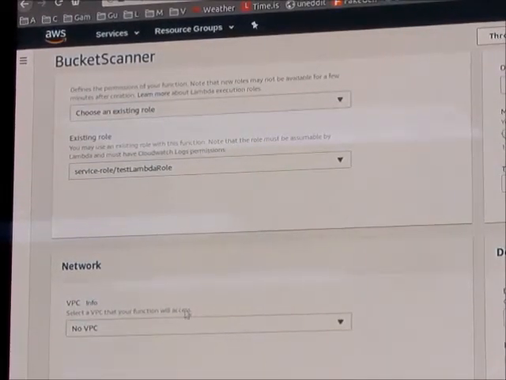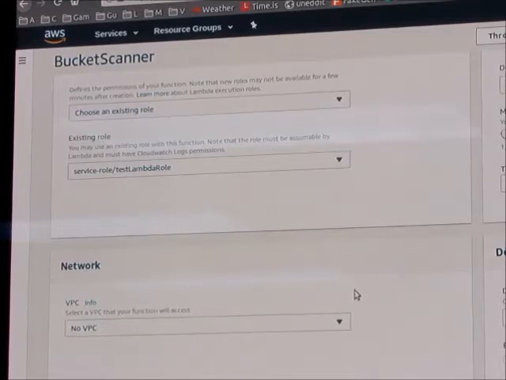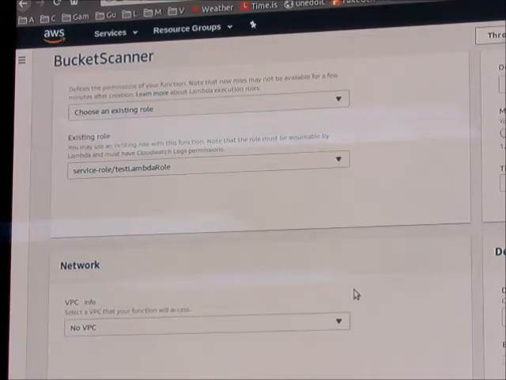Network VPCs. This allows you to run your Lambda function within a private VPC. I'll go over this super quickly, but it would allow you to have a Lambda function that can access your database, which could be in a private subnet, because you're a good database admin and don't want your database to get accessed by randos, and you want your Lambda function to hit it. And that also allows you, through some nasty configuring with AWS subnets and firewalls, to restrict your outgoing Lambda requests to a specific IP address, which would be how you would get around that IP thing I brought up earlier. It's not user-friendly, but you could do it.